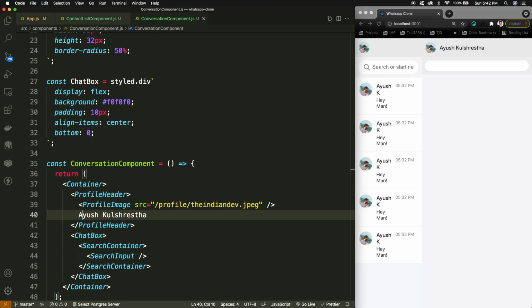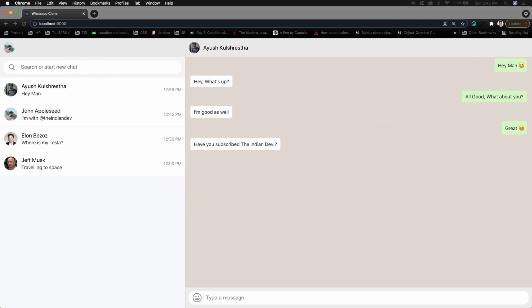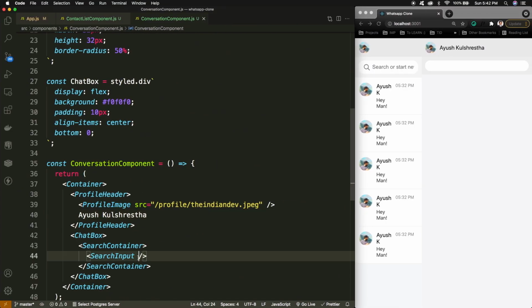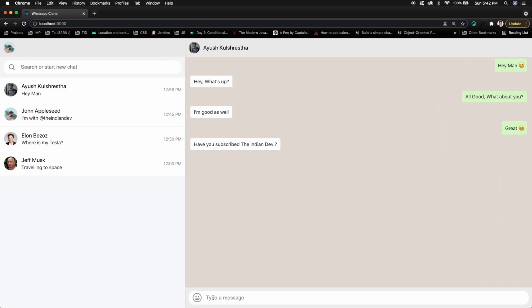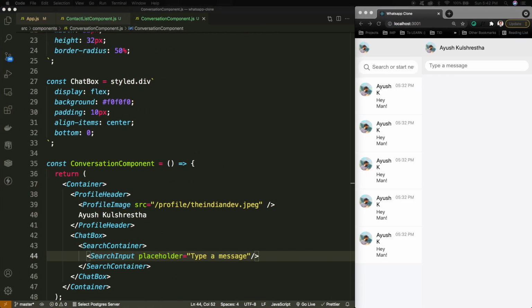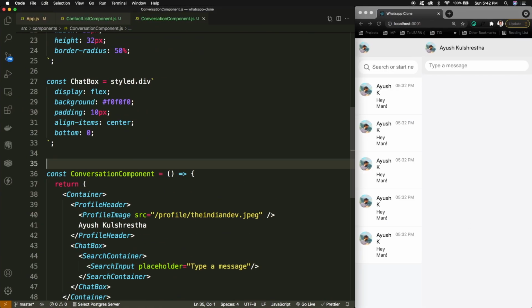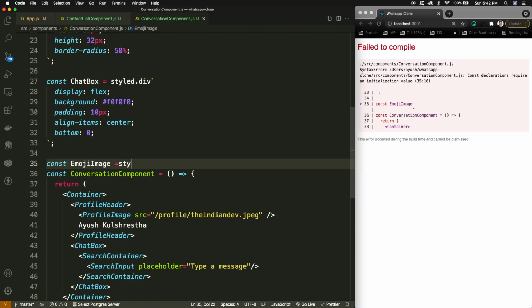Inside the search input I can define some placeholder, that is type a message. So the type a message is here. Now here I'm having the search icon, but inside the message input box, I just need to have the emoji icon. For that I just need to create another component, const emoji image, and that is going to be the image tag.